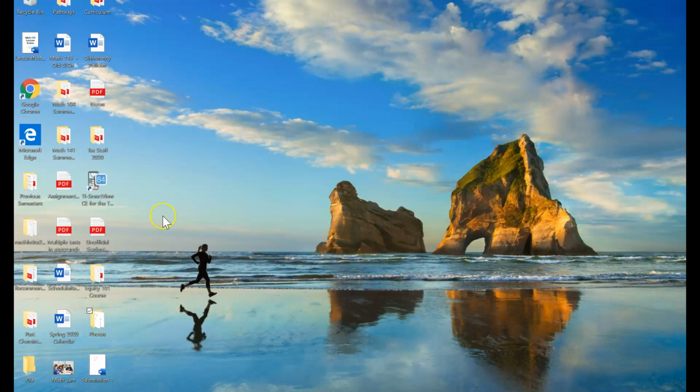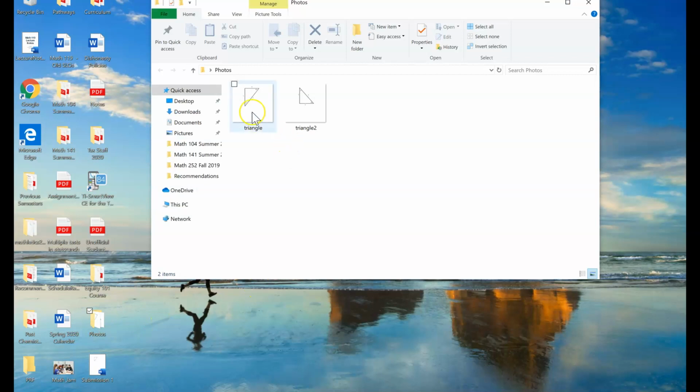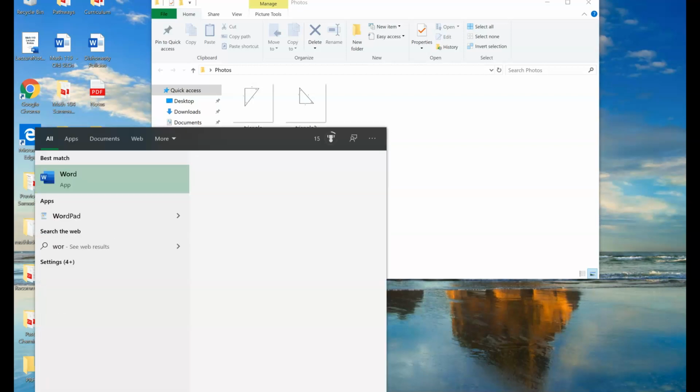So I made a folder. They can be here on your desktop or in your email. I don't know. So I'm going to go ahead and access them. Pretend that these are my pictures that I took. So what I want to do is I'm gonna go ahead and open up a Word document. If you don't have Word, you can always use Google Docs, and I'll show you how to do that too. So I'm just gonna open up Word,